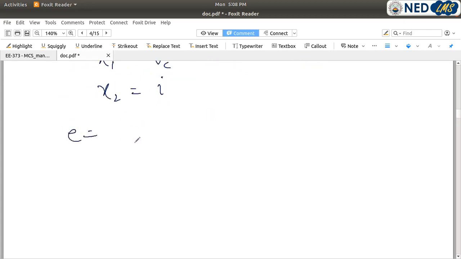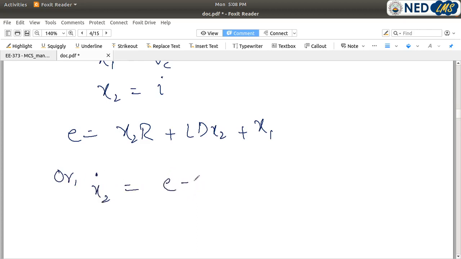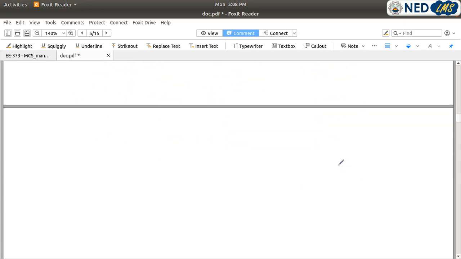E is equal to x2R plus L D x2 plus x1, or I can write dx2, which is x2 dot, equal to (E minus x1 minus x2R) over L. So this is the first state equation, and I can write the second state equation as follows. We know the voltage across the capacitor